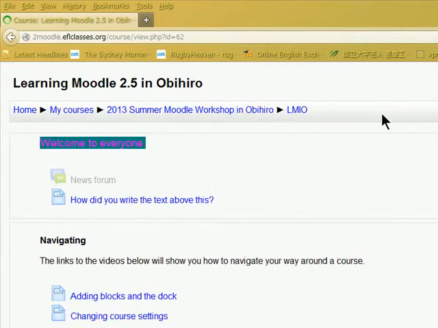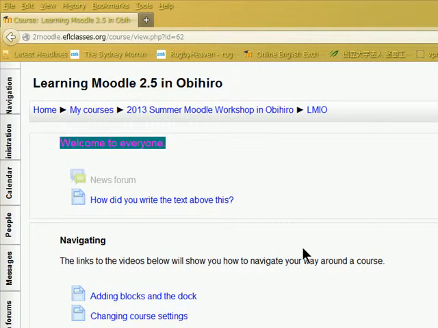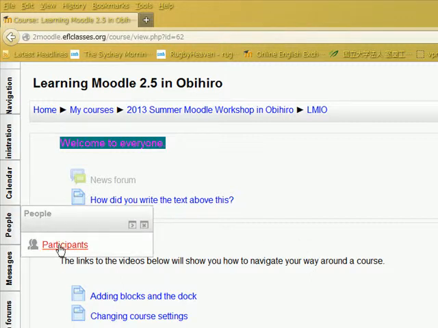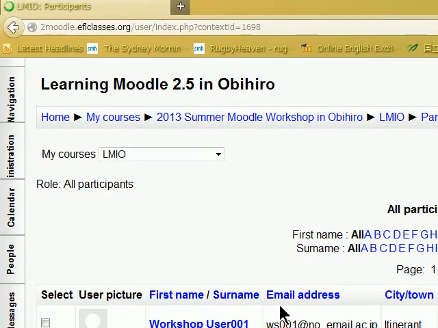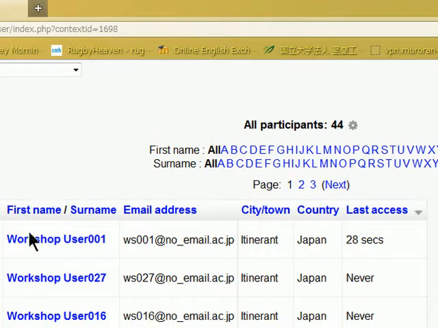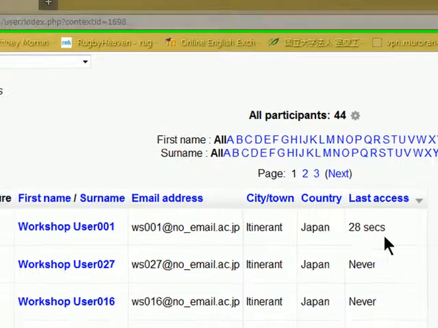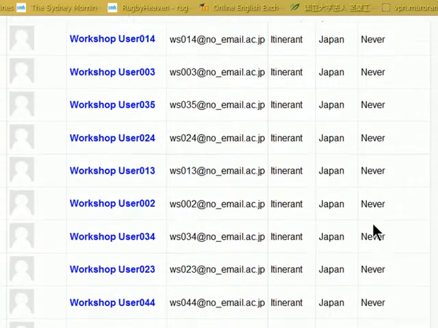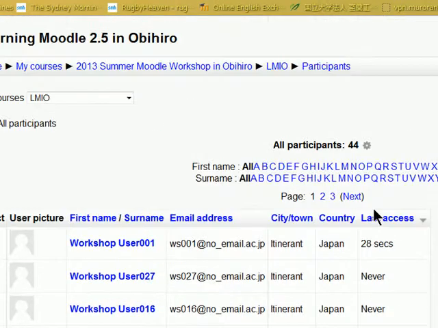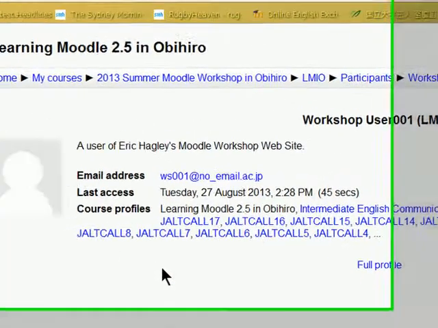We'll go back to the course. Now, you might like to know which student is doing what in your course. If you go to people and participants, you get a list of who is in the course. You can see that you as the teacher are active, but at the moment none of the other students in your course is very active. Now, if you do want to check what they're doing though, you click on that particular user, and